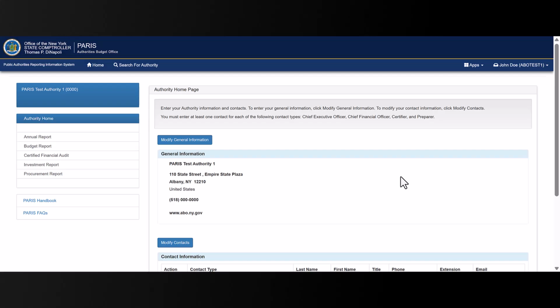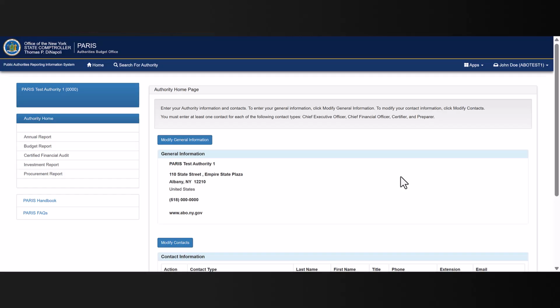The purpose of this video is to show you how to successfully use the bulk load feature in Paris. This includes determining when it is most appropriate to use this tool. The bulk load feature can be used to upload multiple items into Paris at once and is found in the